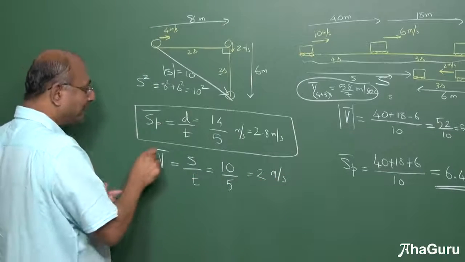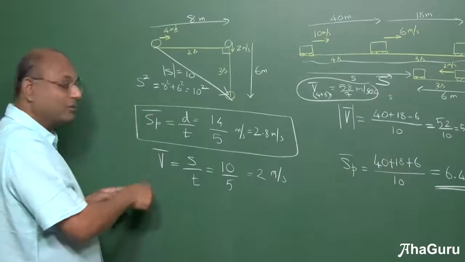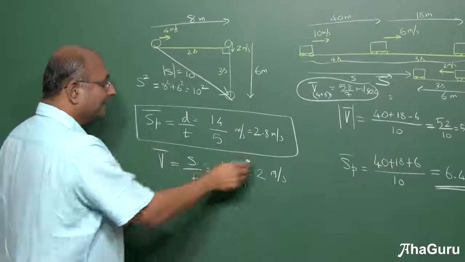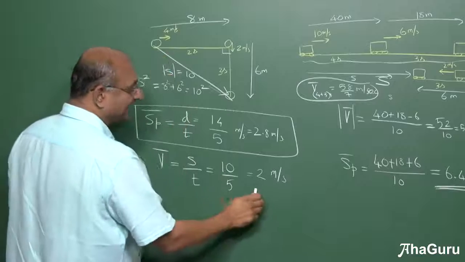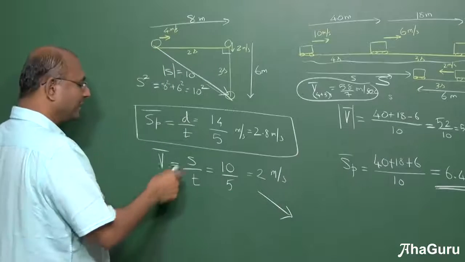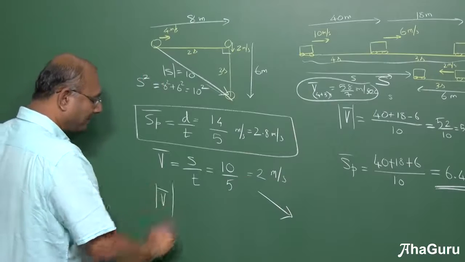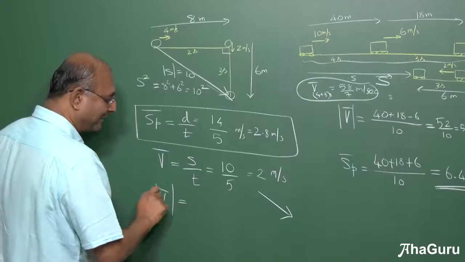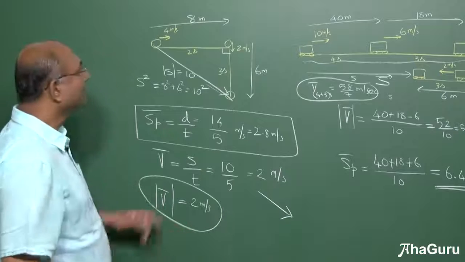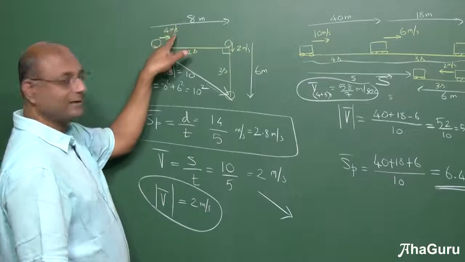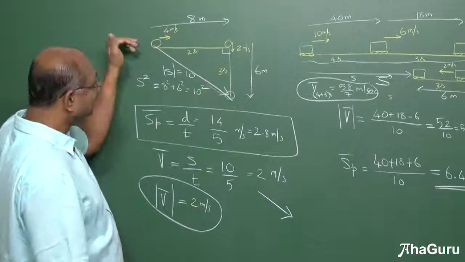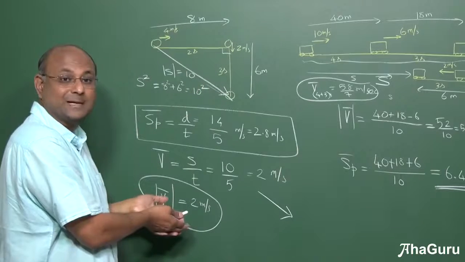But if I did not give you magnitude, so whenever we put a bar, it means magnitude. If I don't do that, that means you have to tell me with the direction, in this direction. So usually to avoid that, we will just say magnitude of the velocity, average velocity is 2 meters per second. Notice, what is this velocity? 4 meters per second. What is this velocity? 2 meters per second. But what is the average velocity? That's also 2 meters per second.